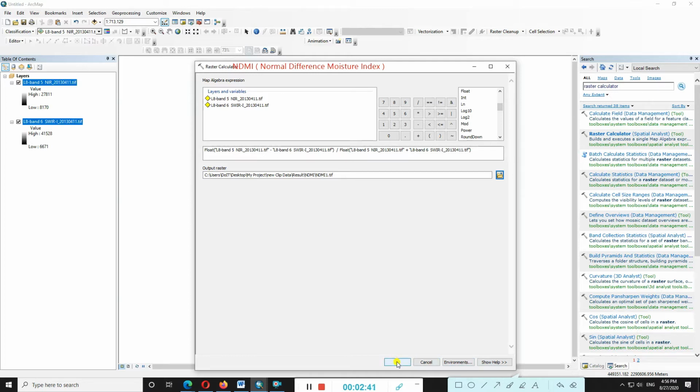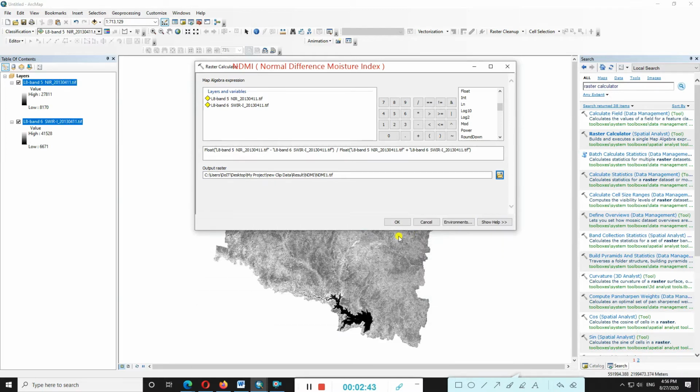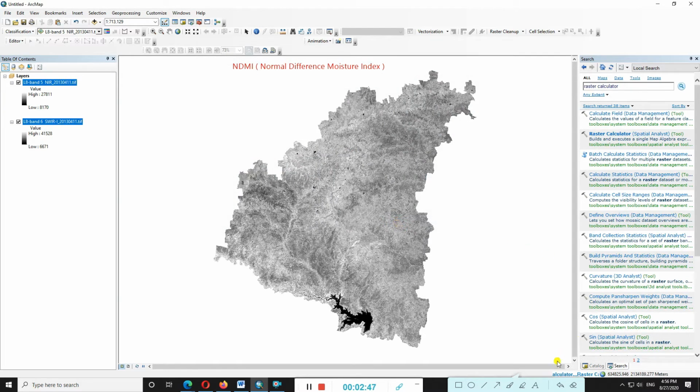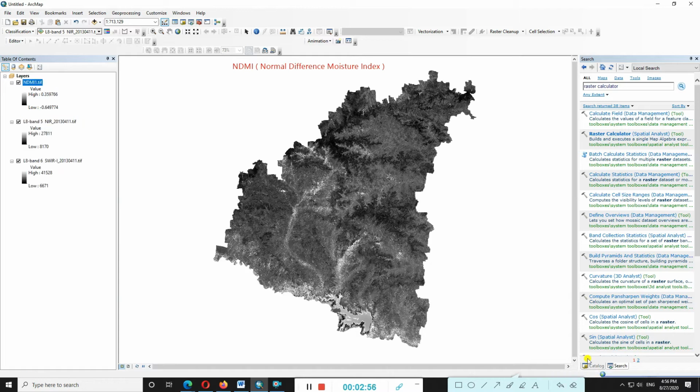Now click on the OK button. You can see the raster calculator is executing your NDMI, Normalized Difference Moisture Index. It is executing. Run. It is completed.